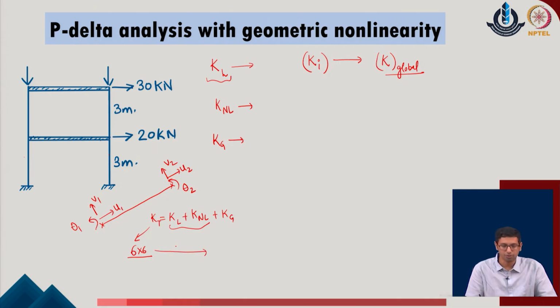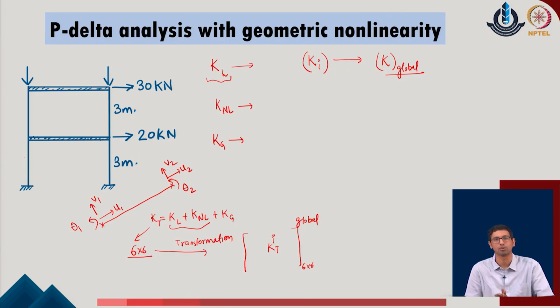I can do the transformation of this KT matrix and convert the given KT for individual member i in the global system. So, this is again the same 6 cross 6 matrix, but it is defined in the global system. Once the transformation is done and the system stiffness in the global coordinates has been obtained, the user can go